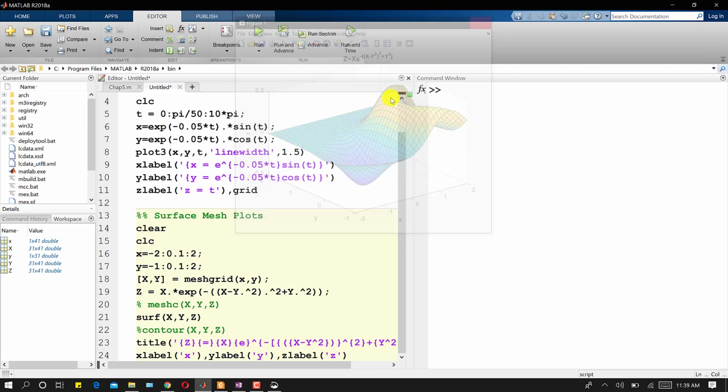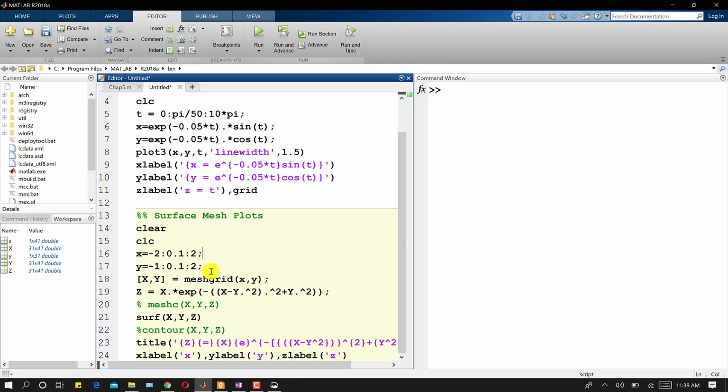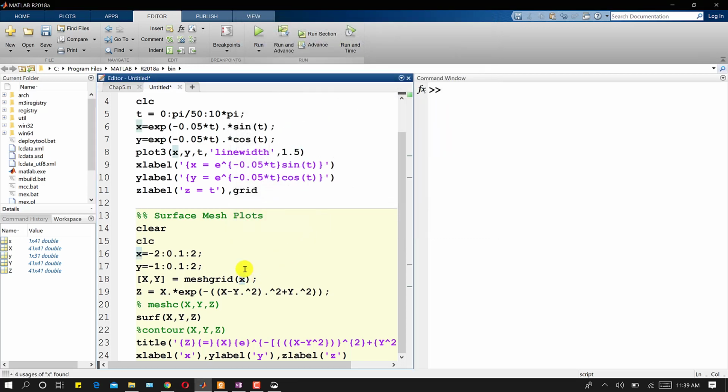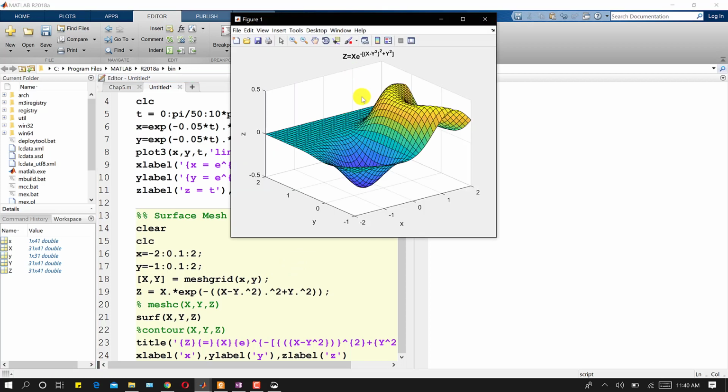Then we will write meshgrid xy, and if we want to have the same range, then instead of xy I will write only x. Now it will create the x and y values between this range, minus 2 to 2. If I run this, we will have that same plot, right? So we can use this meshgrid with only one range, and then we will write that range. We can write that range directly here, or we can specify a variable for that as well. So we can write it like this, x and y, and if we run this, we will have this surface plot.